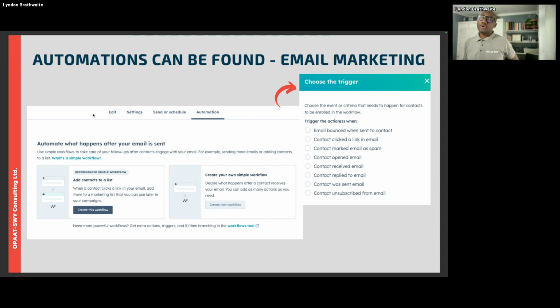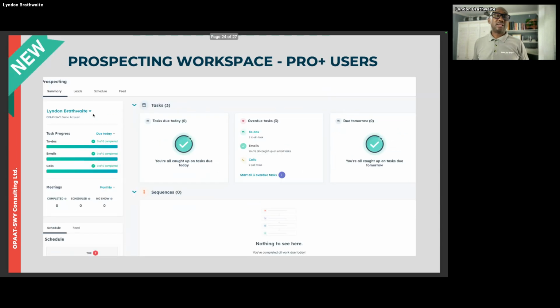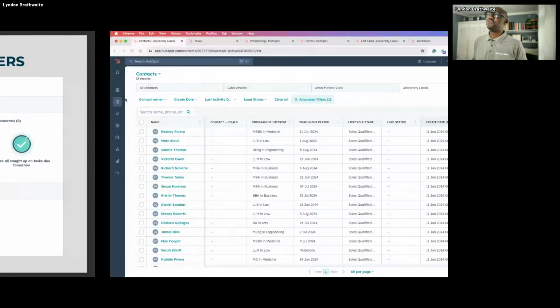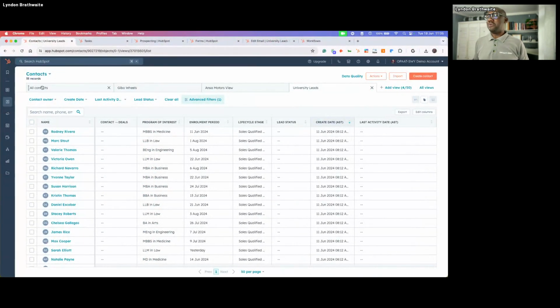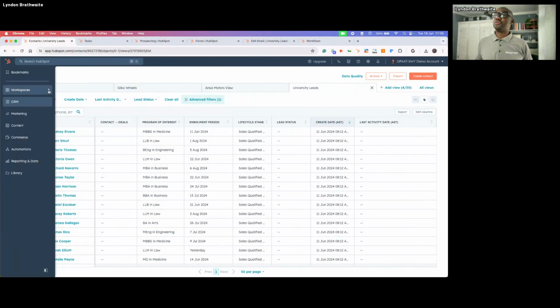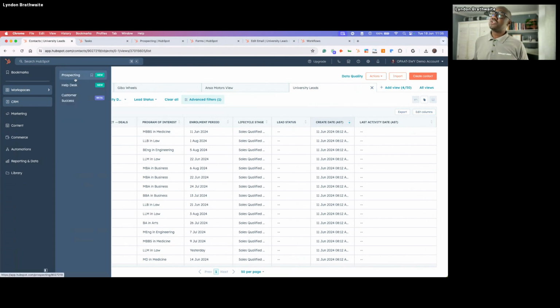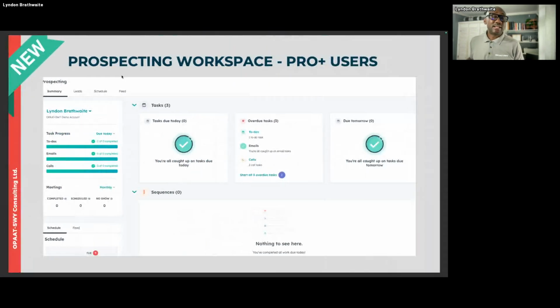All right. I'm going to go across to one of HubSpot's newer features, because I think it does a very good job as it relates to lead management. And this is in prospecting. So for those of us who haven't seen it before, it's in HubSpot's workspace, and it's one of the first ones that came up here, which is called prospecting. Now with prospecting, it's basically exactly that, right?